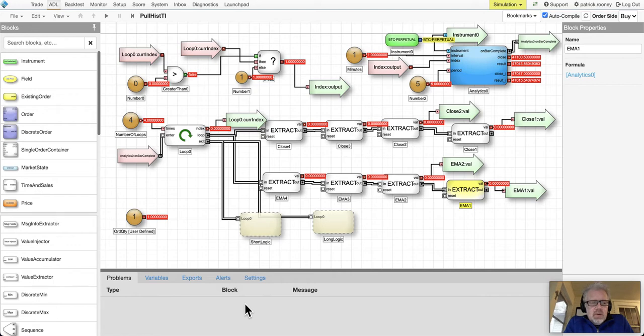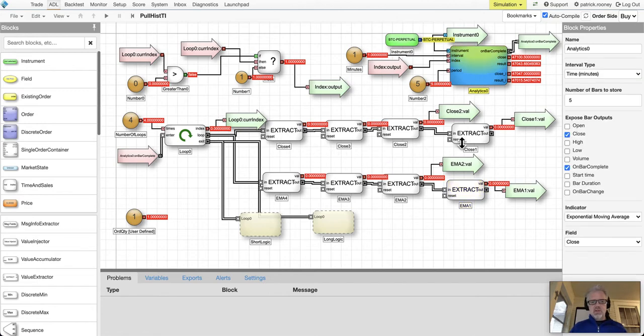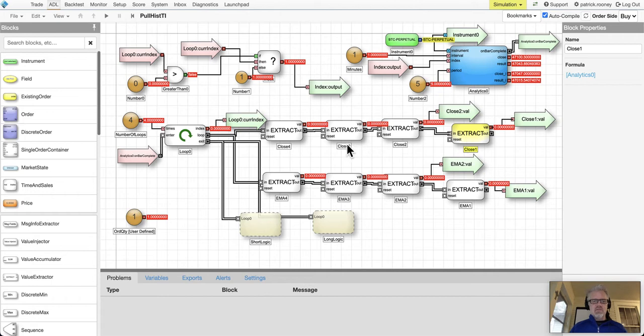I'm building a real simple exponential moving average crossover. Not a great deal to it. I'm using the analytics block, and I'm using the closing price. I've got the last four trailing closing prices, so I'll actually only need the last two for what I'm doing, but got four in there. Then I have some logic built in over here for the buy and sell logic, but that's not the point of this video. I want to show you how to actually get information into this value extractor block,